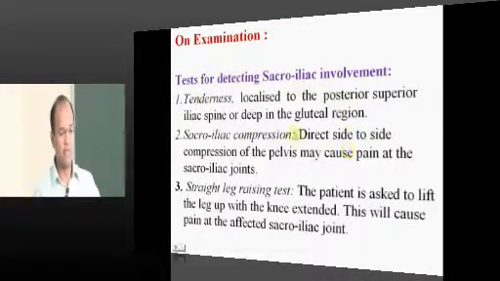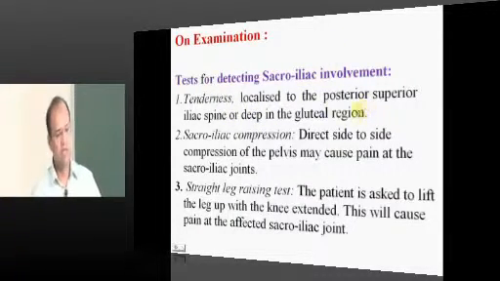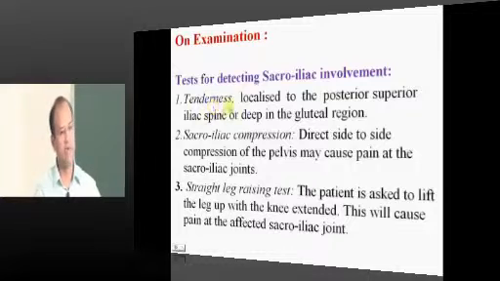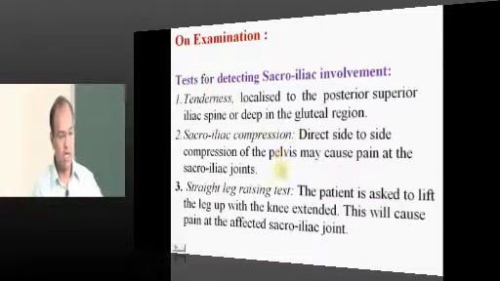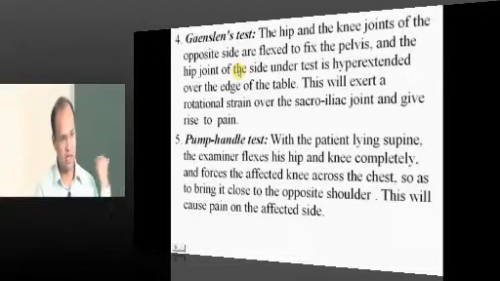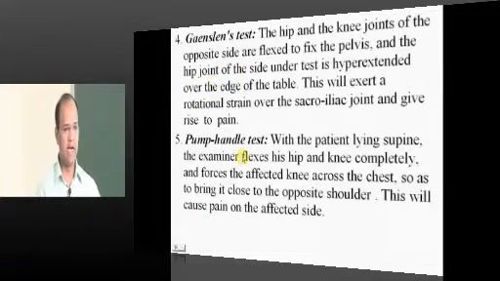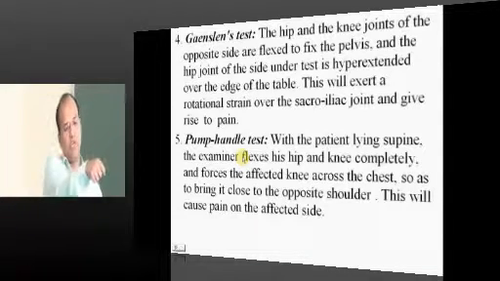Okay, when you examine, first I told you the sacroiliac joint is the most important organ to get affected. You examine for tenderness over the sacroiliac joint and compression of the sacroiliac joint from side to side, and you can as well distract and see. You can do a straight leg raising test. You can do, I have shown you, Jensen's test, get out of the bed and strain, and the pump handle test. You flex the hip joint and then push it onto the other